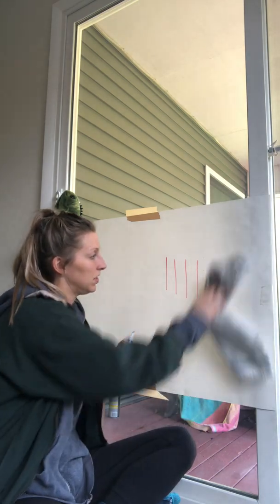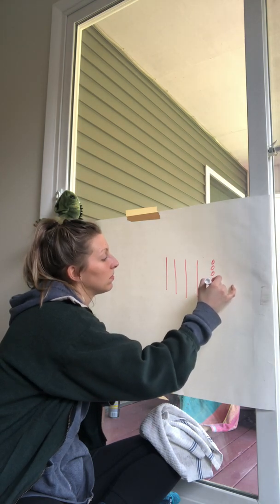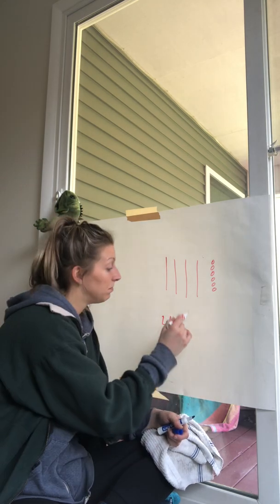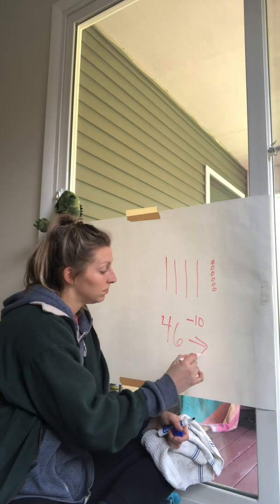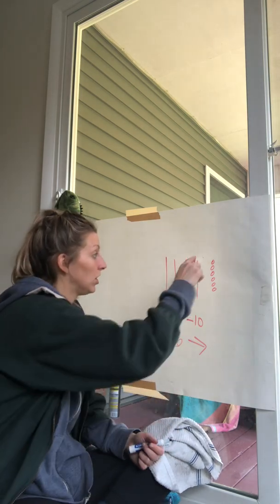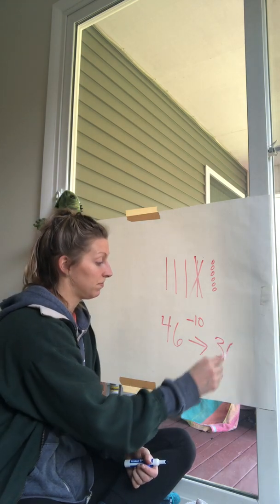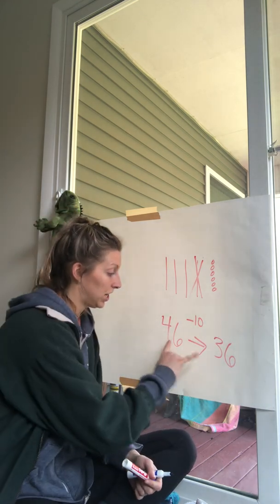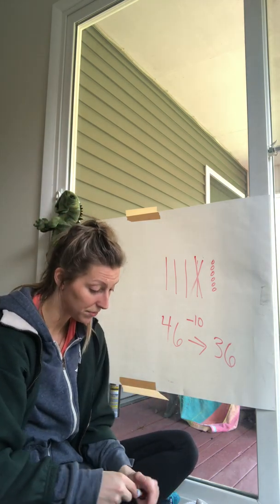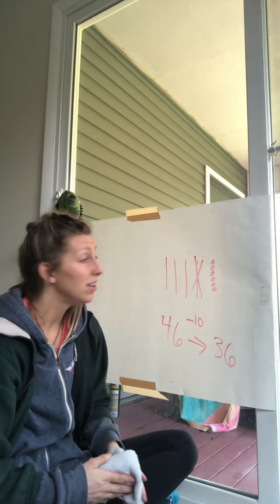If my number is still 46, I want you to take away 10. Take away 10, what do we get? Quick. Take away 10. Cross one off. 1, 2, 3. 36. Okay, what changed? Just the 10s. Okay, so you can always use those quick 10s to help you, but also you should get